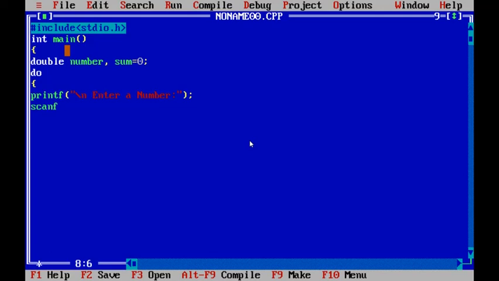The scanf function is used to read the data. %lf for the double, comma, ampersand number, to store the number in the number variable. sum = sum + number.